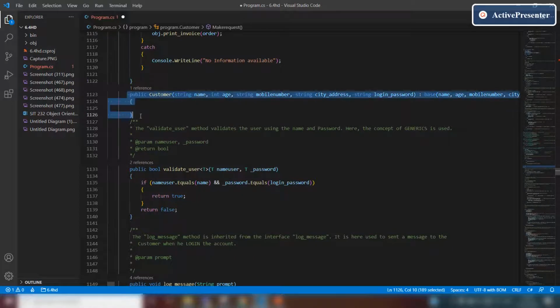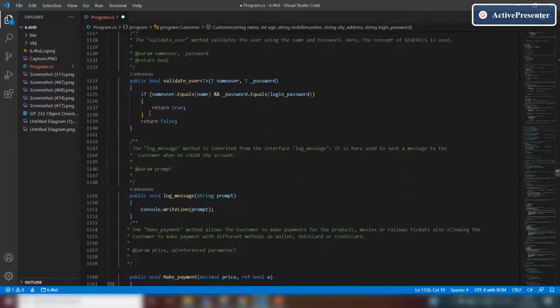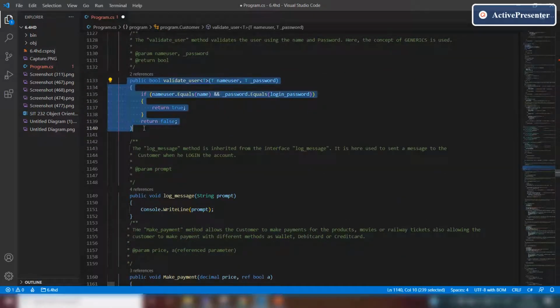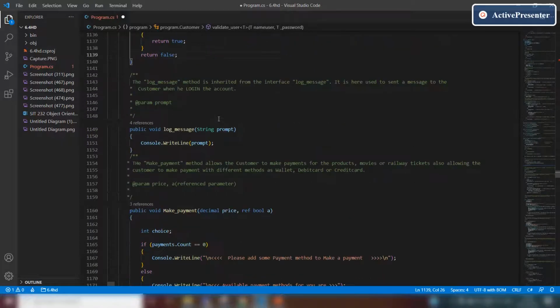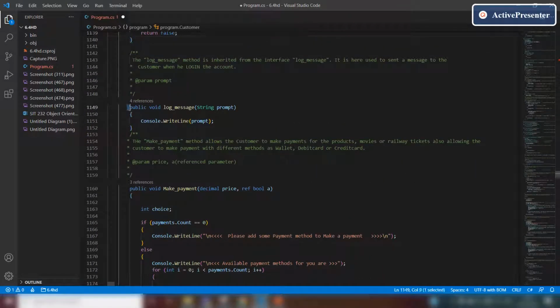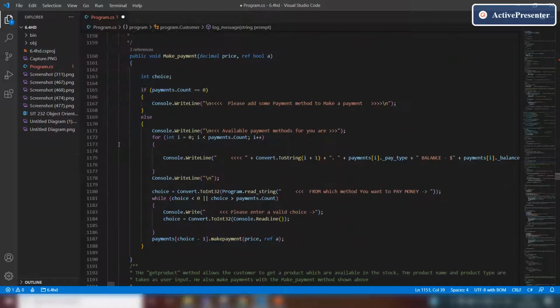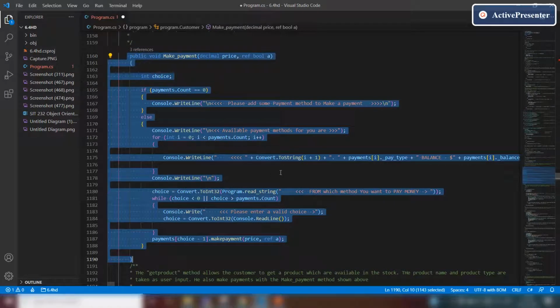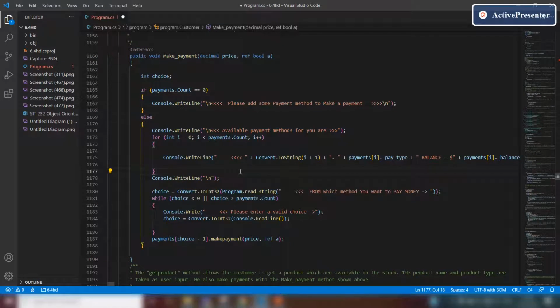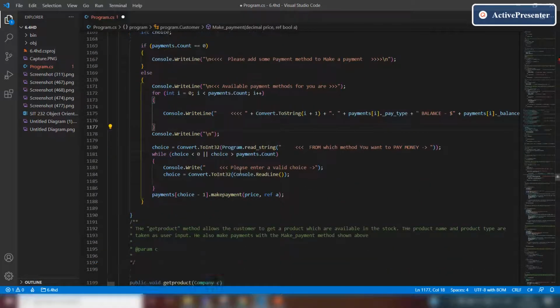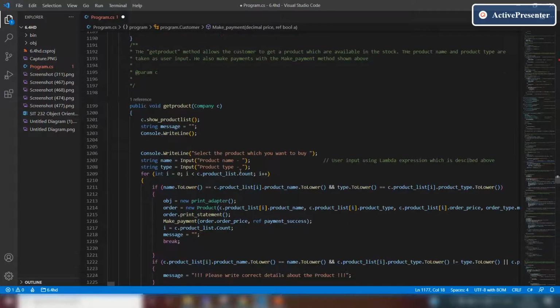This is the constructor. This is the validate user which I have shown earlier in the admin class. This is the log message. This is the make payment method which is used to make payments for the orders by showing the payment methods available to the user.